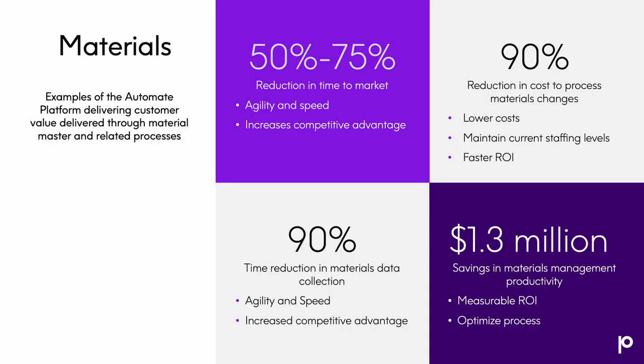On the material side of this, and I'm not going to go through all of these, we have an energy drinks company that cut their time to market in half. So they cut their cycle times by between 50 and 75%. It gave them a greater competitive advantage, but it also gave them a whole lot of other benefits in terms of visibility, data quality, repeatability, many different things they got from it.